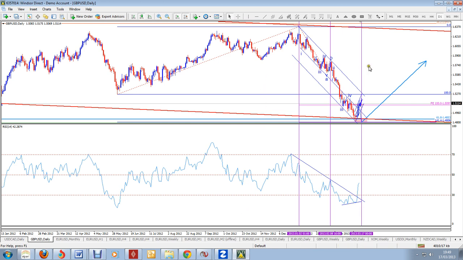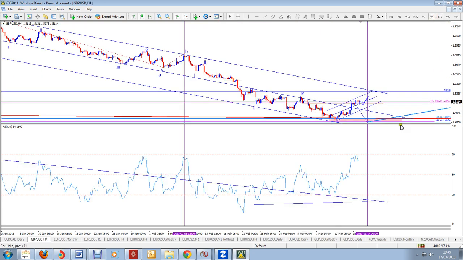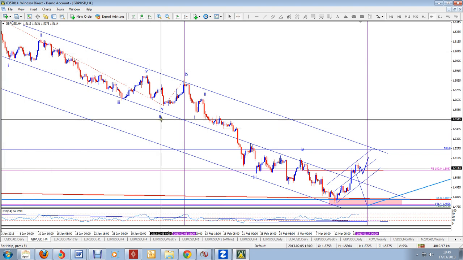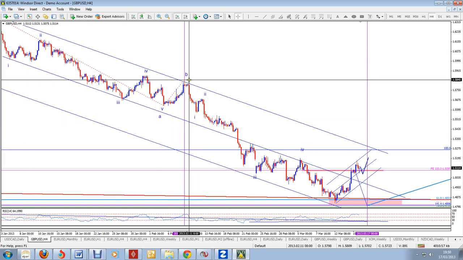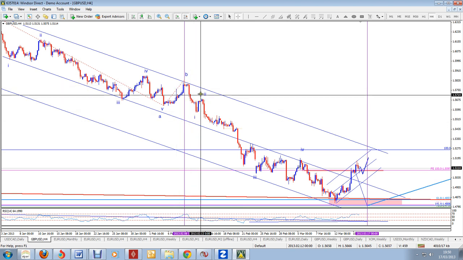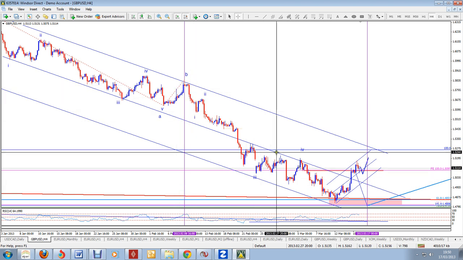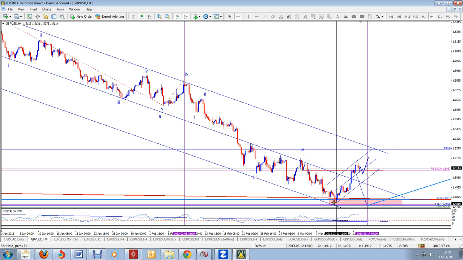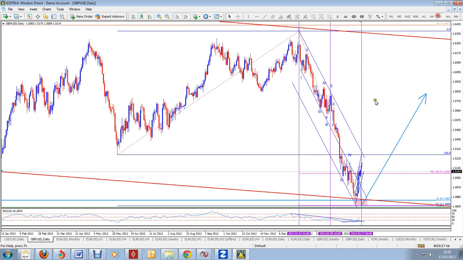In terms of the time sequence, we were approximately in that area, with a low formed a little bit earlier. And in terms of the wave count, which has also been difficult, you can see that from the very high we had a 5 wave down to form a wave A, wave B, and then another 5 wave down as wave 1, wave 2, wave 3, A, B and C to form a wave 4, and then this final one as a wave 5. So I think the pound has bottomed and the pound is now on its way up.